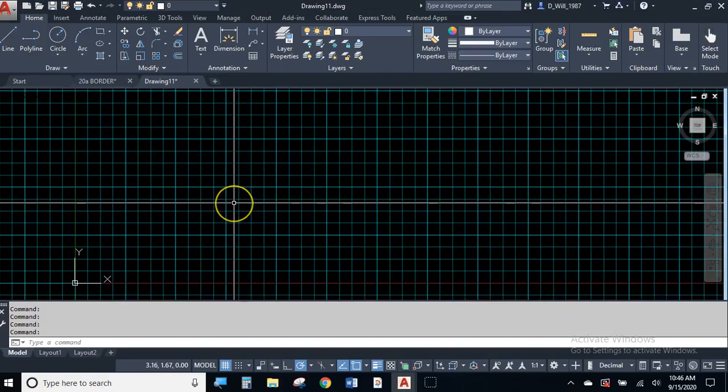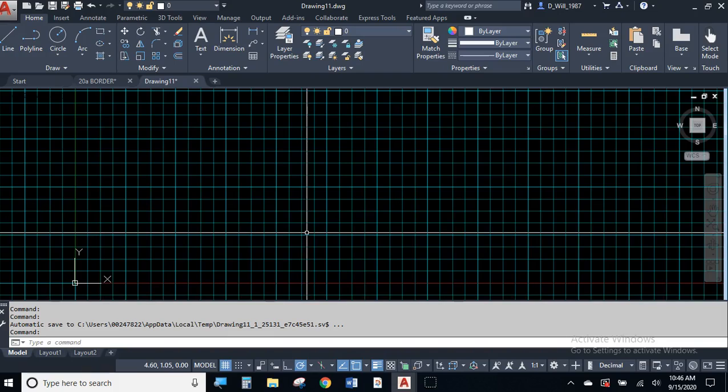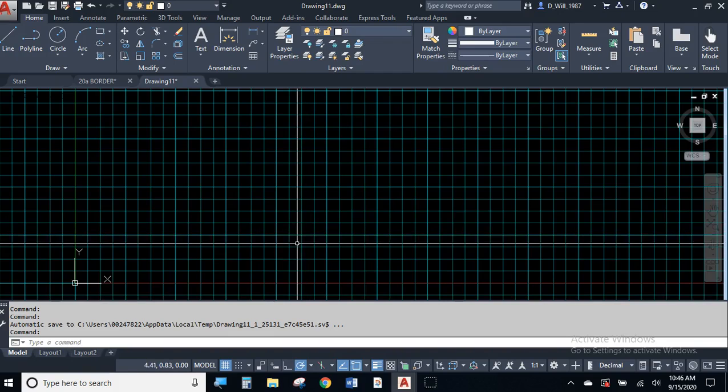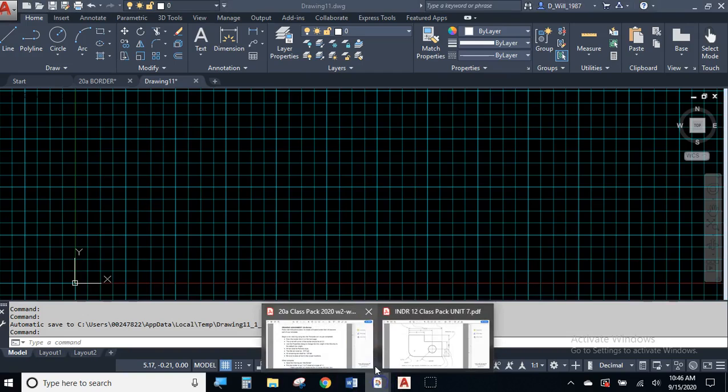So now our goal, now that we have our template created, is to create a title block and border that we can use from drawing to drawing. So again, we don't have to draw the border every single time. We'd also like a title block that's a little bit more professional than the one we've been using, which has basically just been your name stuck in the corner. So if we take a look at the course pack